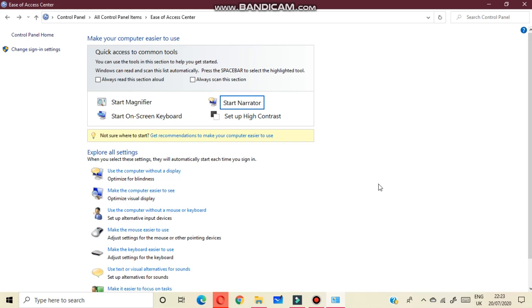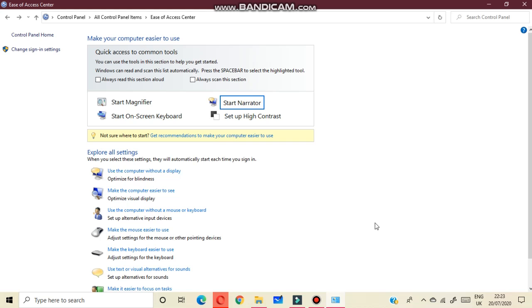Then what will you do? The Echo User's Keystroke option makes the narrator read out what is being typed. The Announce System Messages option makes the narrator read out various notifications.